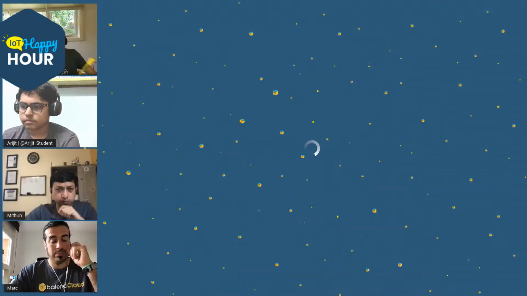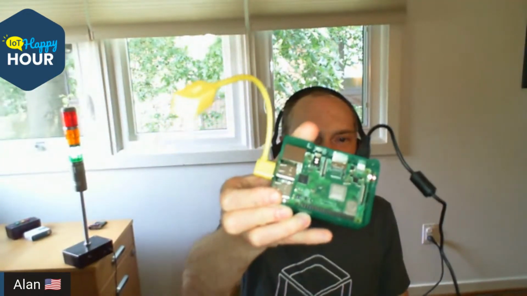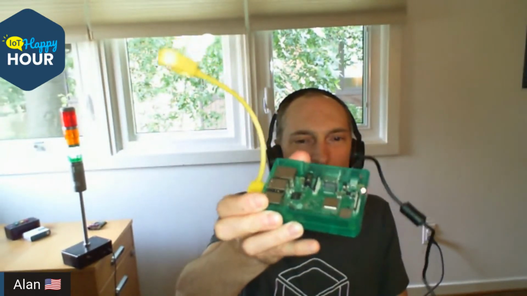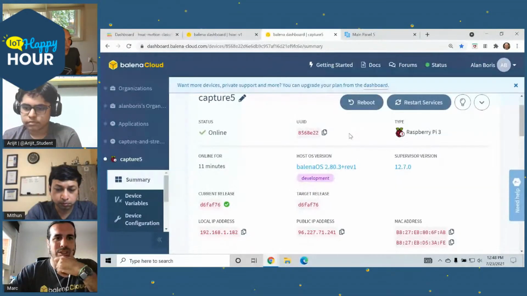Sure. Should I share your screen? You can share this. Well, here, let me first show this. Oh, sorry. Yes. Go ahead. Wait a second, I will zoom on you. Then we'll go right into the screen. But this is just a Pi 3 B plus with the camera that I showed off earlier. I just plugged it in and powered this up. And then, yeah, Mark, if you want to go to the screen share.